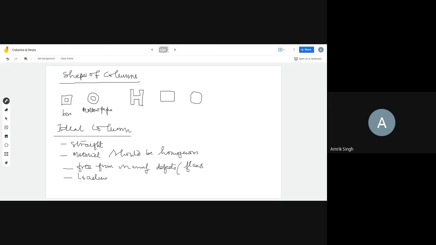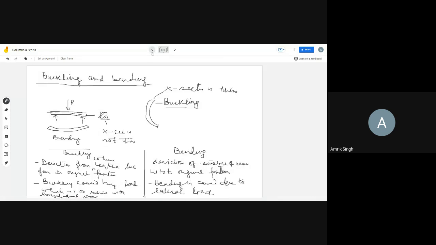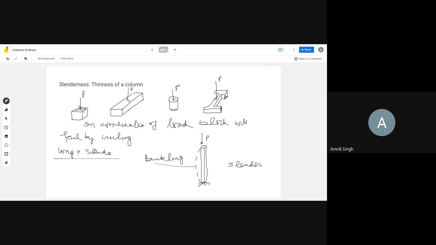and it should fail by crushing. That means the buckling should be minimum. तो क्रशिंग वाली फिनोमेना मैंने यहाँ बताई थी आपको शॉर्ट ब्लॉक्स में. तो दिस विल फेल बाय क्रशिंग इफ यू कंप्रेस दिस फ्रॉम द बोथ साइड. तो इसकी जो थिकनेस है वो कम हो जाएगी.